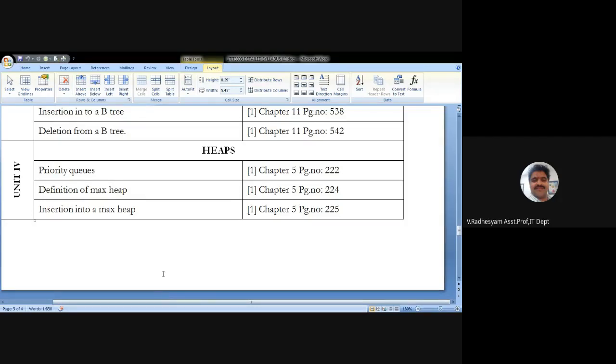Okay. A list of online players, if you want to maintain it as a record, what is the simple solution you have until now? An array. Suppose 1,000 players are there, you can make an array of 1,000 elements and place each and every name into one block, isn't it? That is a simple solution.